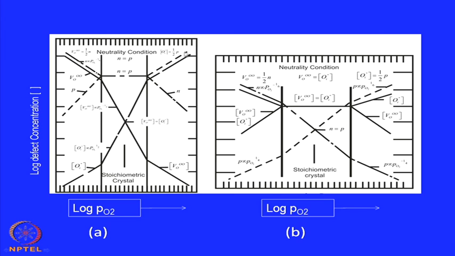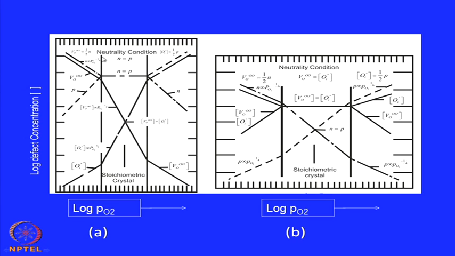On the right side, the highest one is the concentration of P, and this is the concentration of N, and this is here concentration of P, and on this side concentration of N. So, all these 4 different defects have been calculated as a function of PO2, and this is the variation. N varies, the number of holes, the number of electrons varies in this manner with a